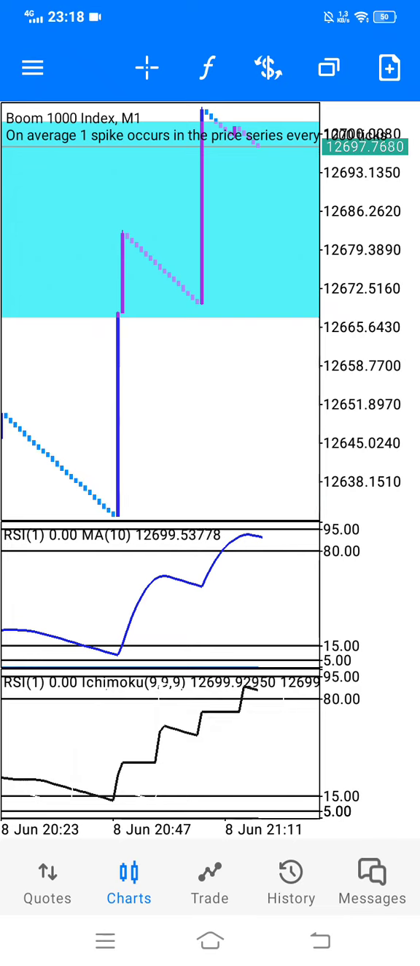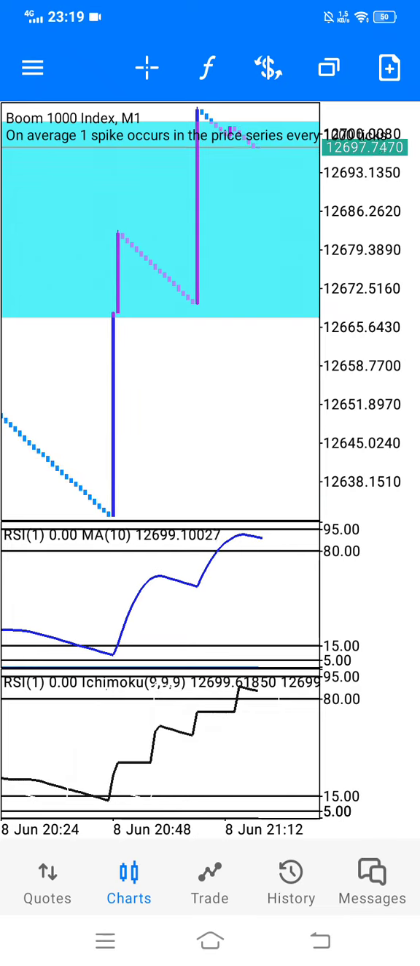So this video I'm going to keep really short. It's a quick scalping strategy for you guys where you can scalp at least 5 candles at a time to